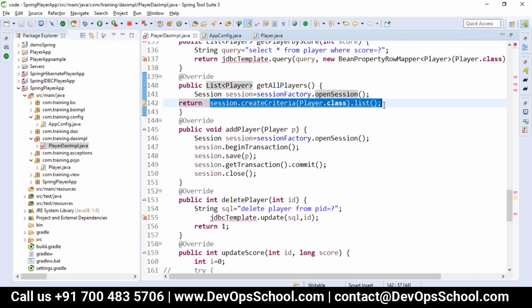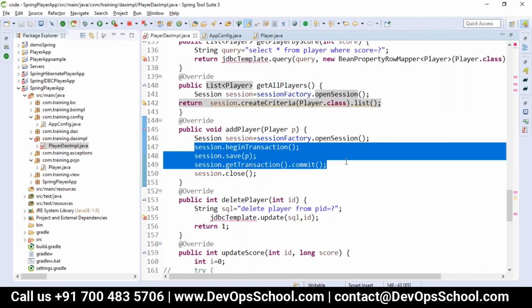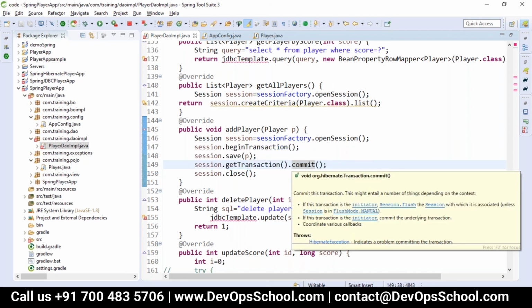Is begin transaction and commit for locking a table or something? No, it is to commit your transaction. Whenever you execute any DML operations, auto commit is by default set to false, so committing will not happen. To make your changes permanent, we have to do commit. Otherwise, the save will not save into the table. It will only write into the row, but it does not save into your table. Okay.